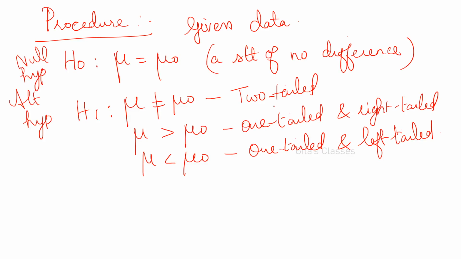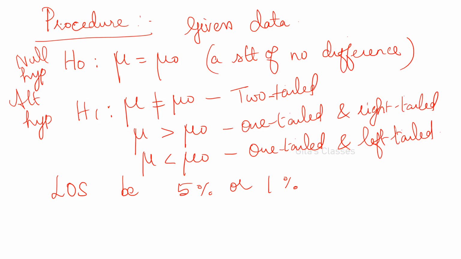The next step is to write the level of significance. It may be either 5% or 1%. It will be given in the question. If it is not given, you can assume 5% or 1%. But in the conclusion, please write accept H0 at this level of significance, or reject H0 at this level of significance. Okay. Then next is type 1 error, type 2 error. Before that, no, this is not over.